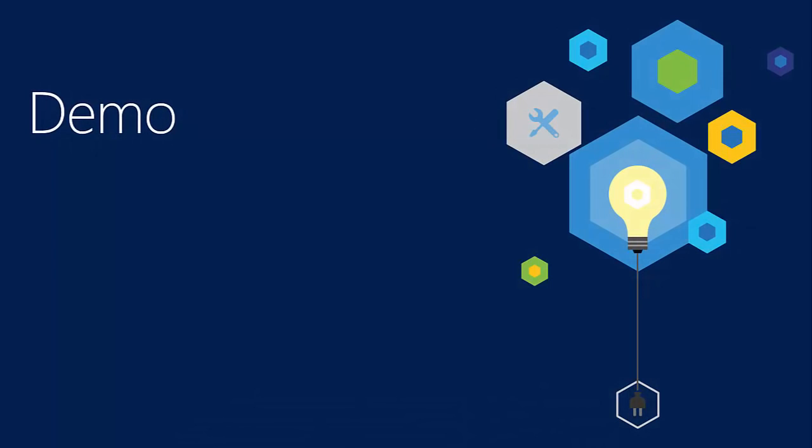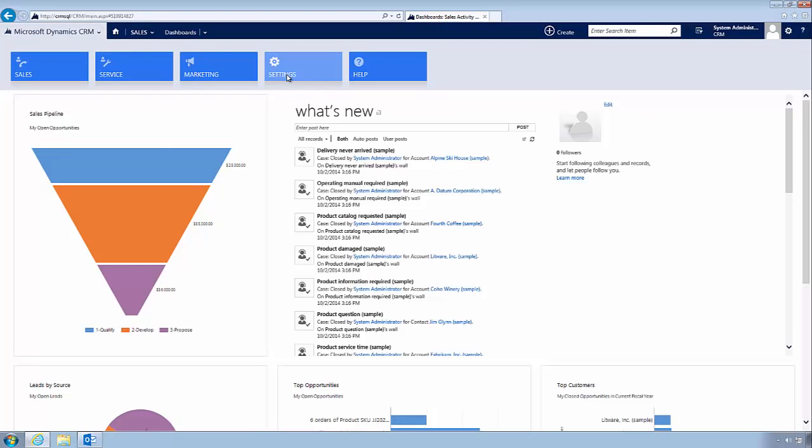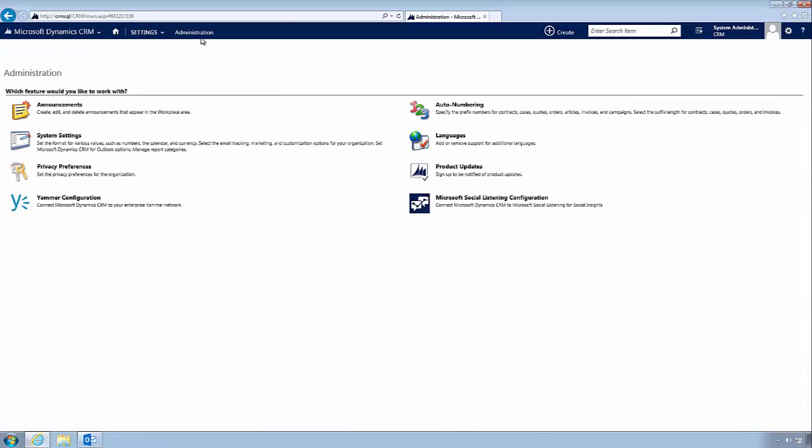All right, so let's take a look at a CRM 2015 environment and where you enable these features. So here I have a CRM 2015 web client that I'm logged into. I'm logged in as a system administrator in this deployment. So I'm going to go up to Microsoft Dynamics CRM, and I'm going to go to Settings, Administration, System Settings,